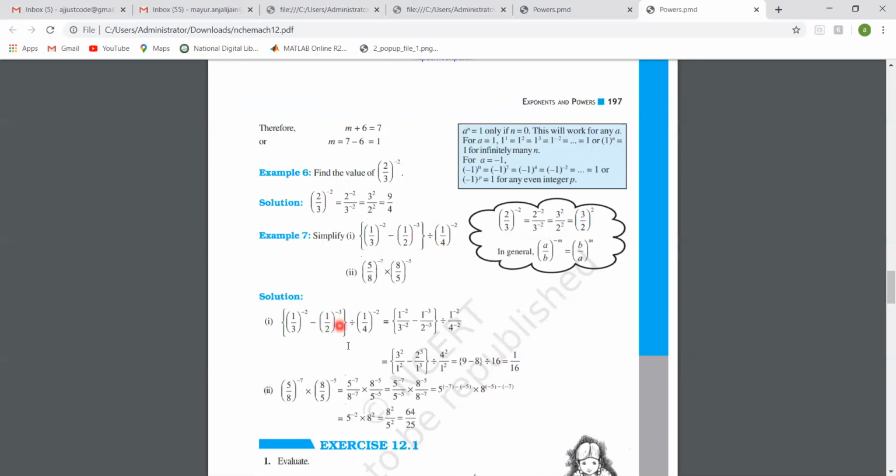So you have to simplify it. First I am solving the bracket, then I am using the laws of exponents or simply the simplification. So I will write 1 by 3 raised to the power minus 2 as 3 square, and 1 by 2 raised to the power minus 3 as 2 cube. So it will become 9 minus 8 divided by 4 square, which is 16. So I will get 1 by 16. Is that clear, beta? That is how we will do our questions, and this is the summary of this chapter till here. We will further revise this chapter in our next class and then we will start our new chapter.